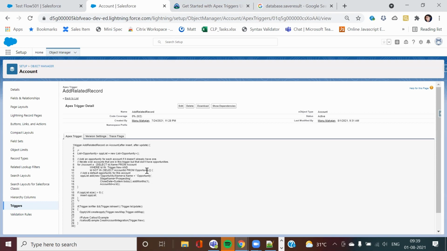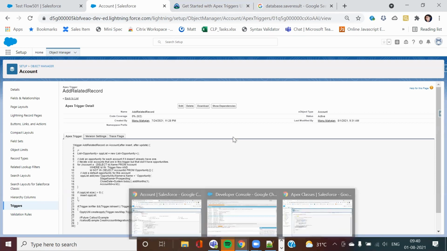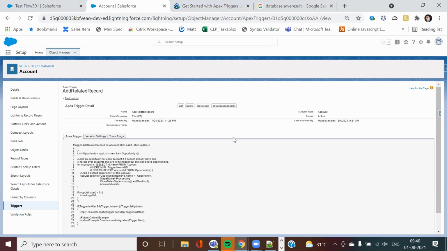And inside one for loop, I should not write another for loop unless I am writing it as a relationship query. What I mean by relationship query is, like the query we discussed in the last session, where I have the account object and I'm querying the contact records. That way I can have one for loop inside another for loop because it's a relationship query. Apart from that, no other.